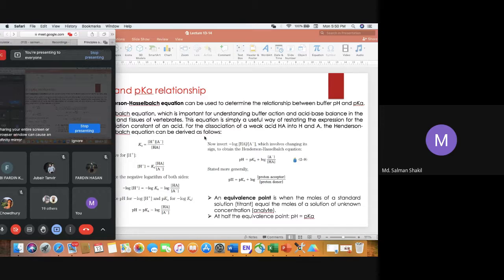Okay, so if there is like 50% acid and 50% base, then what we can write? We can write here 50-50, right? The concentration 50-50, right? আচ্ছা স্যার, বুঝতে পারছি। Okay, so 50-50 we can cross it out and we can put 1, right? So we know that log 1 means 0, right? জি স্যার, আর বুঝতে পারছি। থ্যাংক ইউ স্যার।